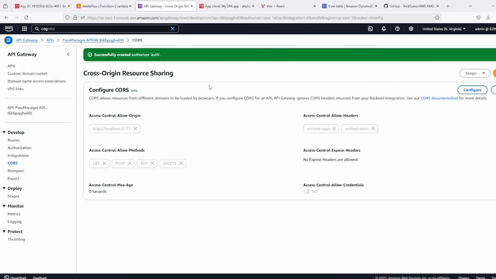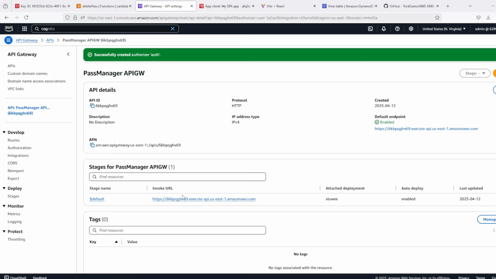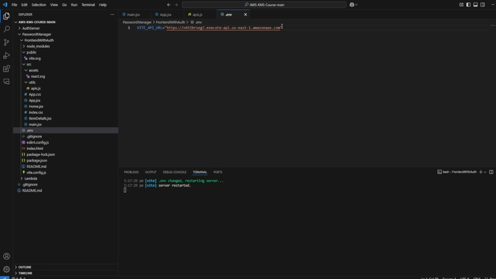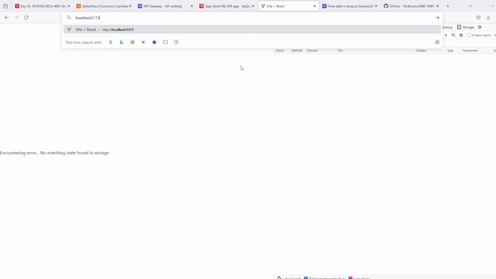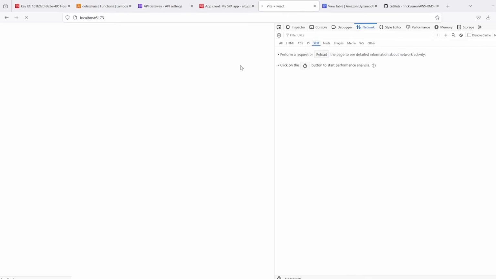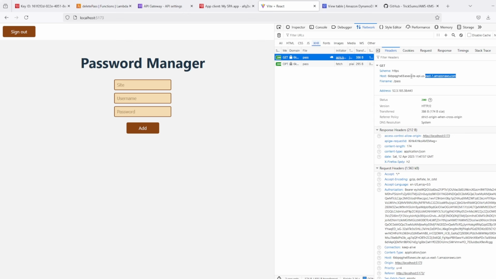So go to API gateway and copy this invoke URL and update it here. Now let's remove this and hit enter. This time it's making a call to API gateway,